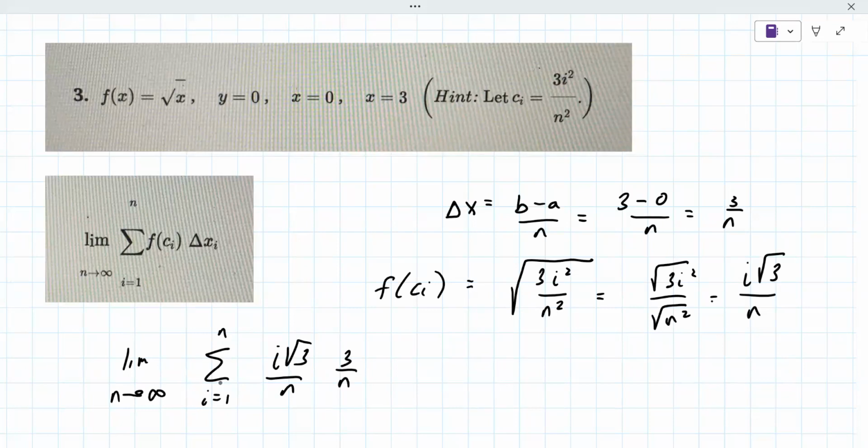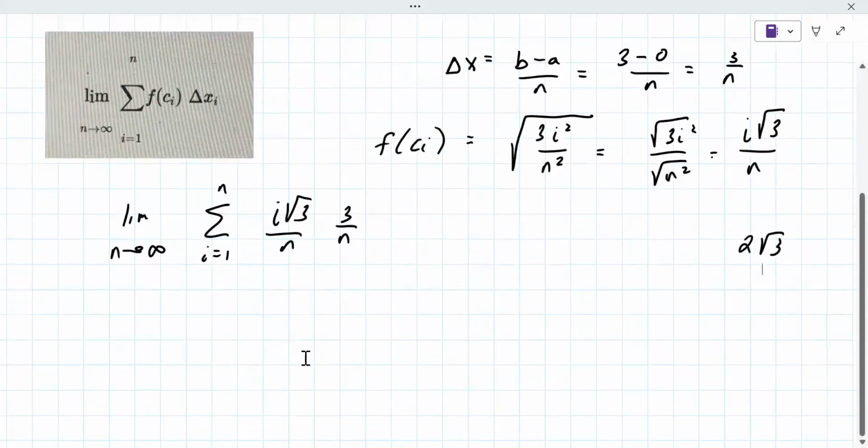And then you said the answer is 2 root 3. Yeah. Okay. That's all they give you in there. Yeah, 2 root 3, and then they just did an approximation, which is 3.464. Okay. Because from here we're kind of 3i squared 3 over n squared. So there are some formulas for this, but